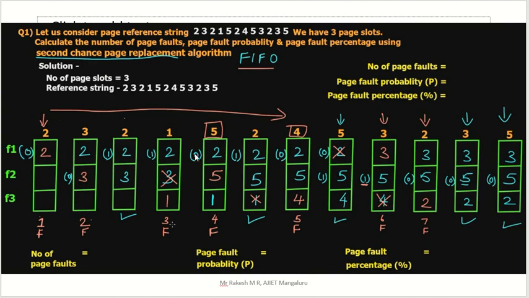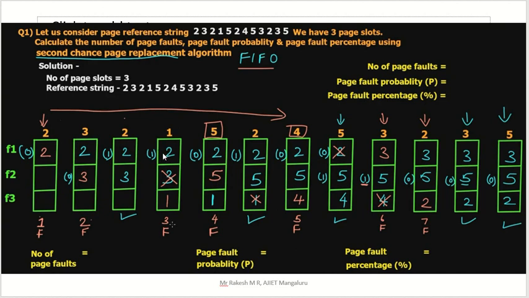No need to enter 1 and 0 everywhere. That is a little bit confusing. If you know the concept, you can easily write it. I will tell you that method again. Any number in the reference string that is repeated, like here we have 2. Again 2 is asked. That means we are giving one extra chance for 2. That's why we are giving 1 inside the bracket, because we are giving one extra chance for 2. That is called second chance.